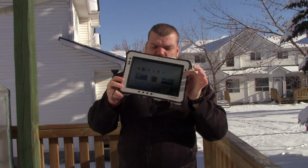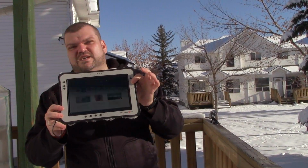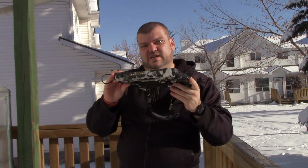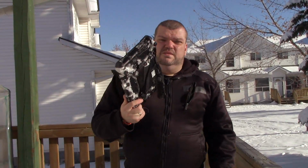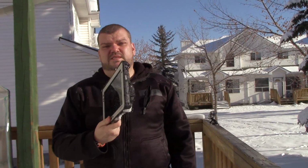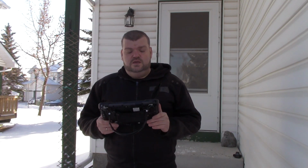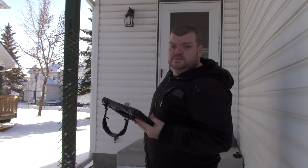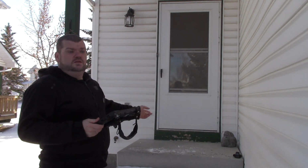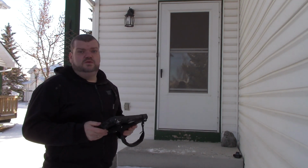Okay, so now we'll go onto the front of my house and we will throw this guy onto concrete from 1.8 meters. Will be a second drop for it. Hope it survives. If it does, this would be the greatest tablet I've ever seen, and every penny spent on this tablet for your business is well spent. Okay, so all the cameras are recording, and we'll do our final drop test from the stairs on the back. Me standing at this height, so probably about 1.8, 1.9 meters,